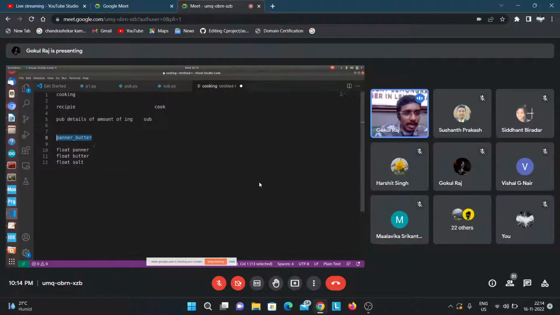Now, when I make this one message and want to publish it, let's call it PB. PB is the message name, and it has these particular types. So I will declare int a equals to pb. Now a.paneer equals 3.0, a.butter equals 8.5, a.salt equals 1.2, and then I will publish my a. Now my cooking code will subscribe to a,